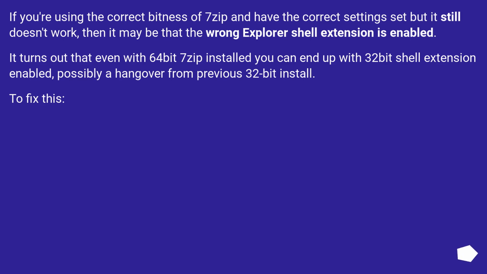If you're using the correct bitness of 7-zip and have the correct settings set but it still doesn't work, then it may be that the wrong Explorer shell extension is enabled. It turns out that even with 64-bit 7-zip installed you can end up with the 32-bit shell extension enabled, possibly a hangover from a previous 32-bit install. To fix this,